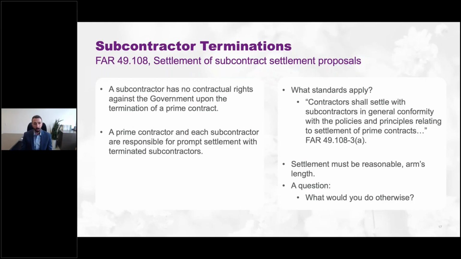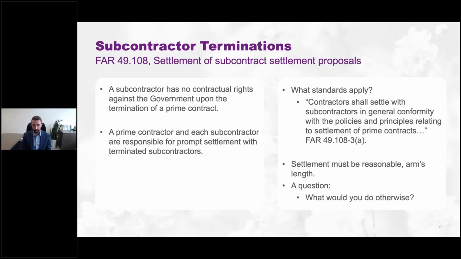All right, subcontractor terminations. I think this is a really important topic here because it can take time to unpack subcontractor terminations. And in the normal course, you want to include your subcontractor termination in your prime termination, all right? Because it's a prime's cost. Subcontractor settlements are a cost of the prime that the government will review. So you want to sequence things.